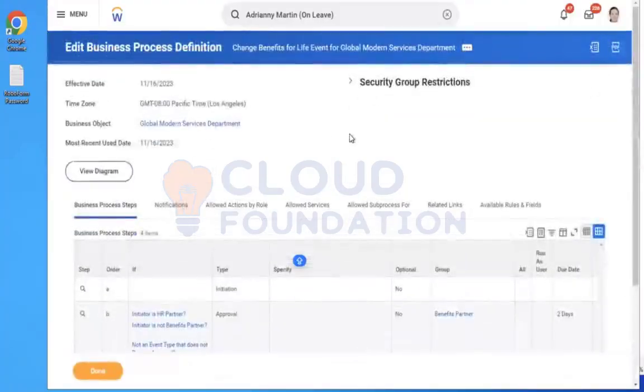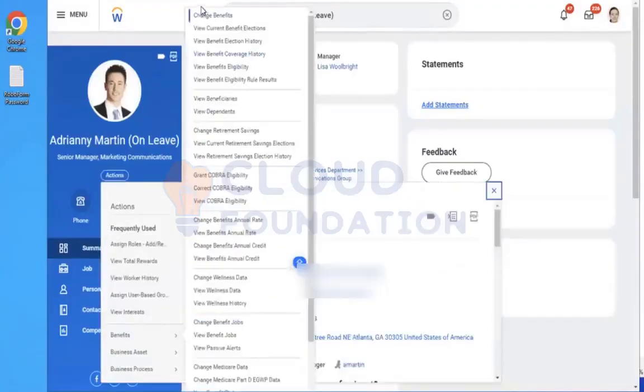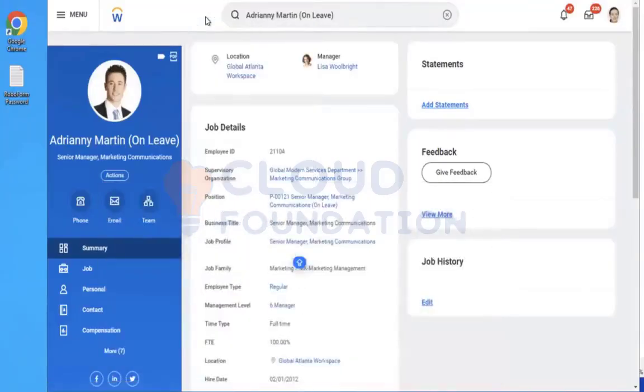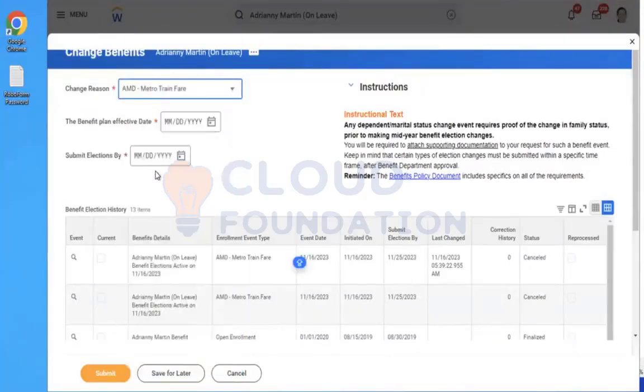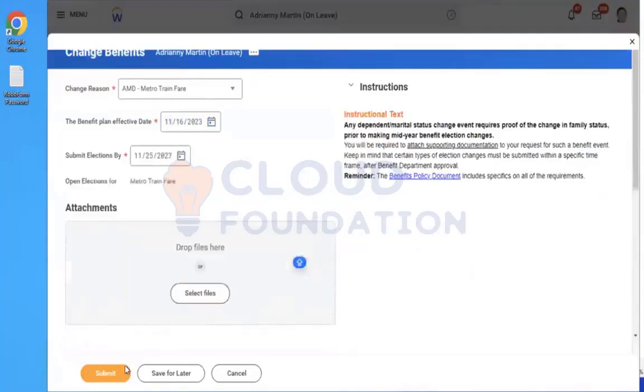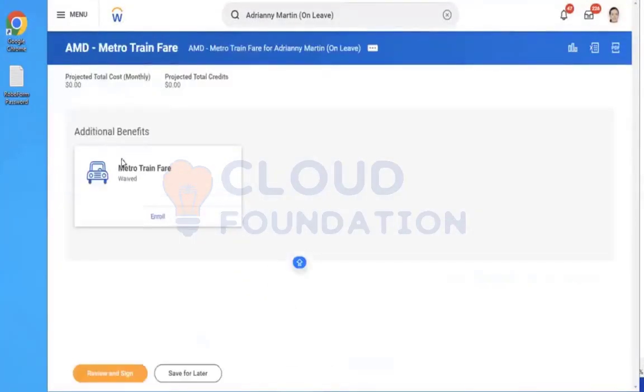Now we'll test this. We'll try this step. This step should not be triggered. Now we'll give it a try. I will go to the same worker to test. Change benefits. Let's get started.